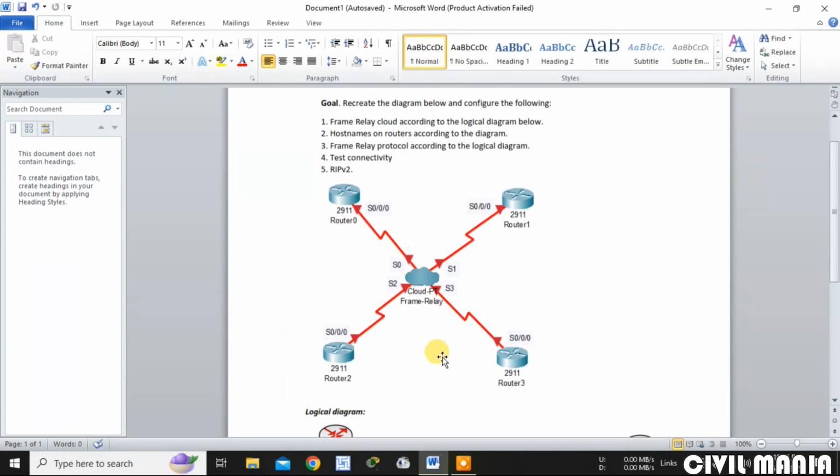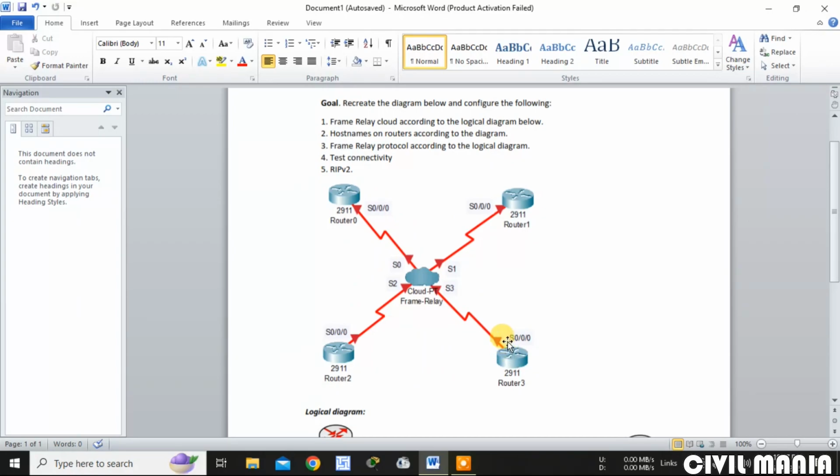Suppose we connect router 0 with a frame relay, and frame relay is connected to all the routers, then we can do the communication between router 1 to 0, router 0 to router 1, router 0 to router 2, router 0 to router 3. So communication can be made with the help of frame relay.